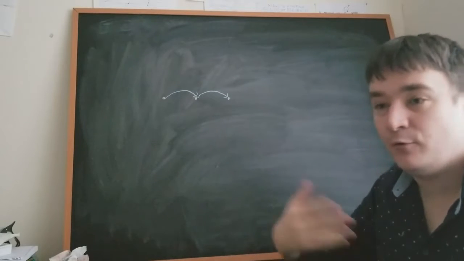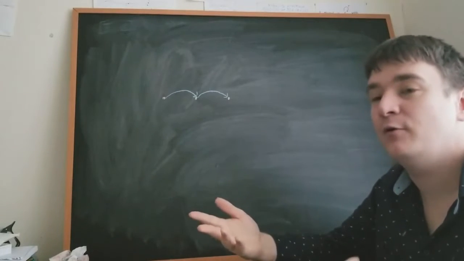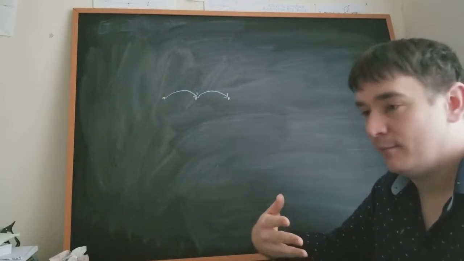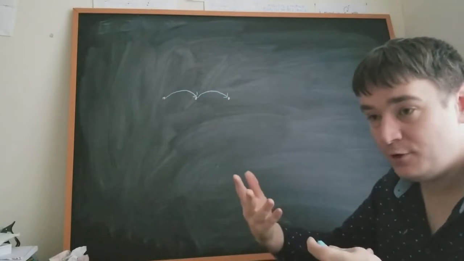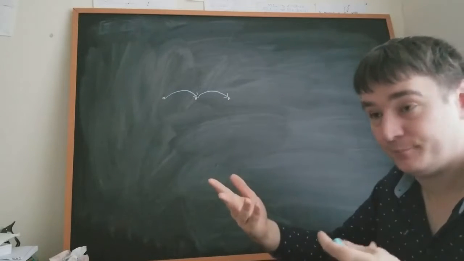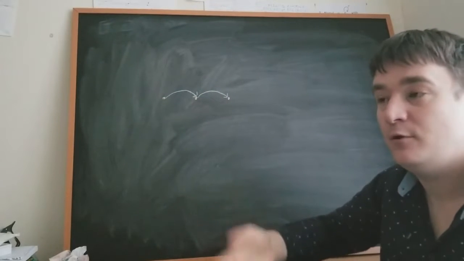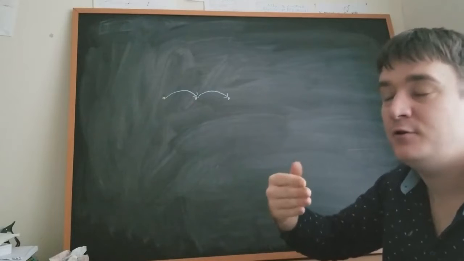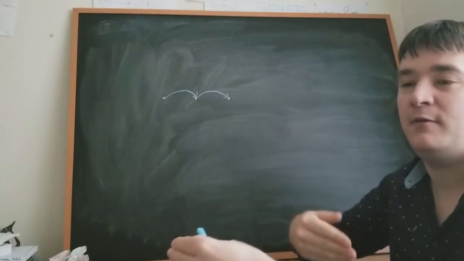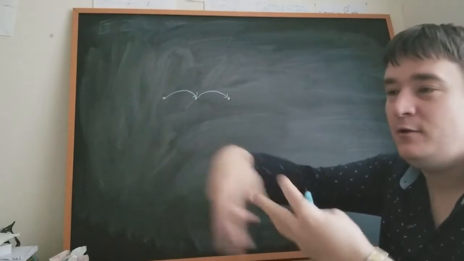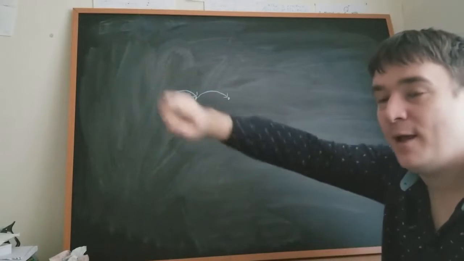So these arrows could represent relations, they could represent actions, and the core notion in category theory is that we can compose arrows to get other arrows. Just like if you go on a journey from A to B and then a journey from B to C, you can compose those to make a journey from A to C.